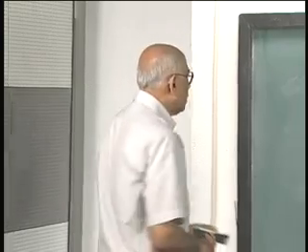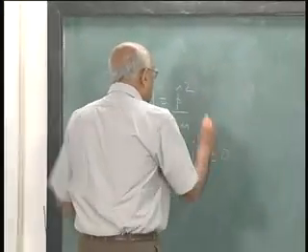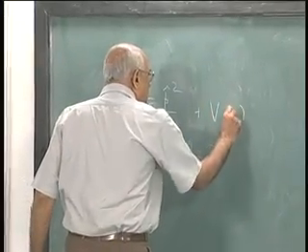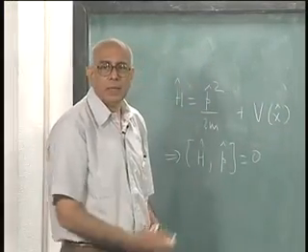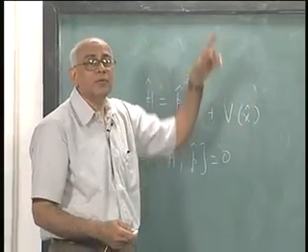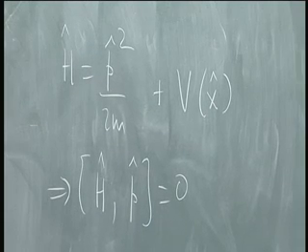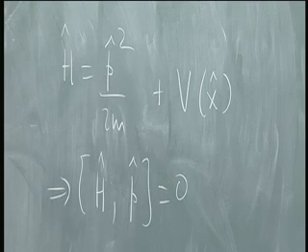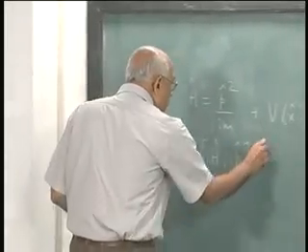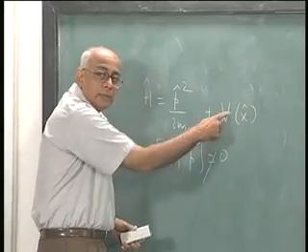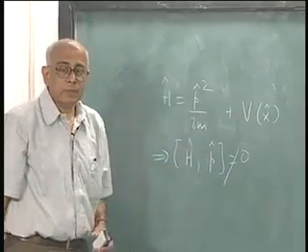It is not completely free, not true, it is not true, very good. This has a V of x sitting here. It so happens this is 0 inside, infinite outside, and I just said it is a free particle very quickly. It is not free, it is sitting inside the box. And then of course this is not true because this does not commute with that. So energy eigenstates are not momentum eigenstates